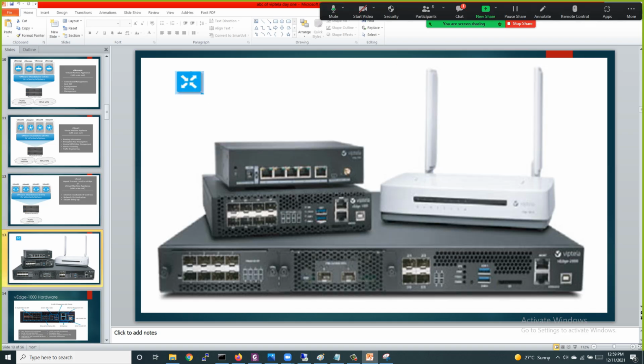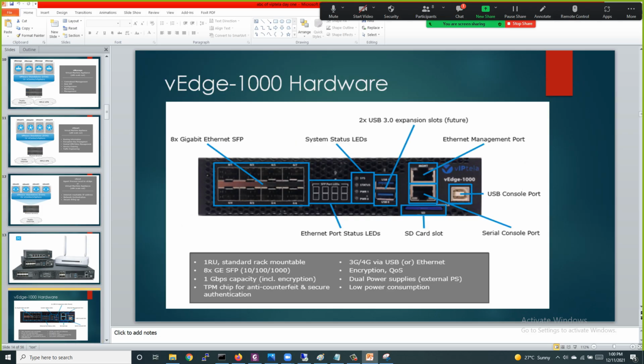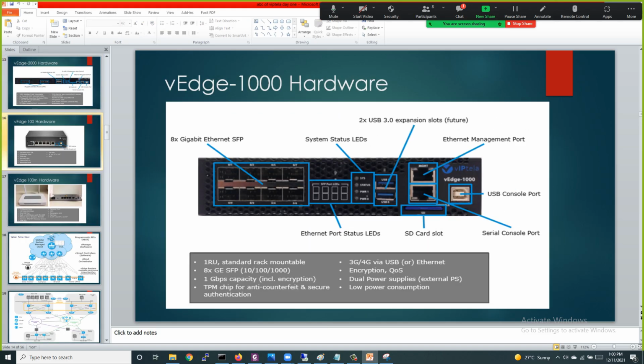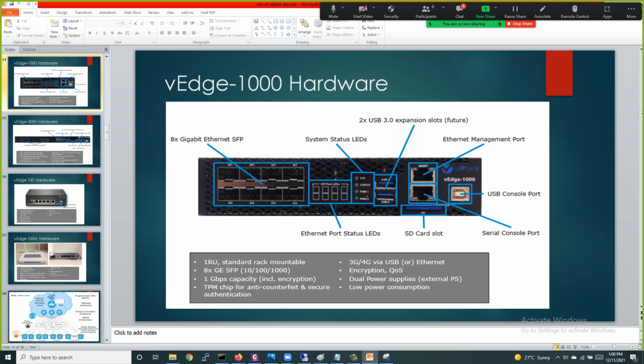we have the VH devices, Viptela, right? So this is how a Viptela VH device looks like. This is the hardware specification we have for the VH1000 series hardware. So this is the Viptela 1000 series device. It is 1 rack unit. There are 8 1G ports. We have a separate management port, a console port, USB port, some LEDs, an SD card slot, and one new thing that you have to read about, and I will be discussing these things